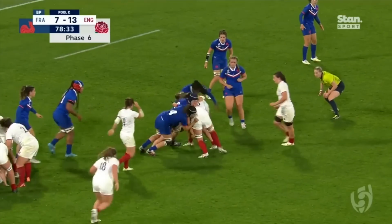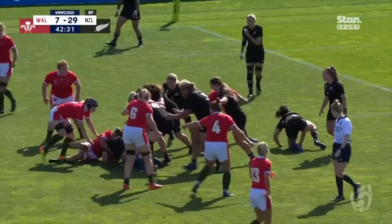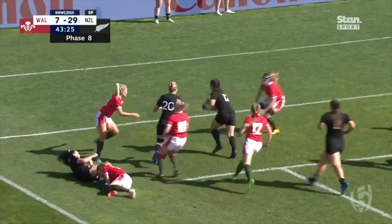Is England being knocked backwards 15 metres out from the try line a more significant try-scoring opportunity than the Black Ferns making metres off 5 carries in a row against Wales in their own half? I don't know the answer to that question. I don't know if there is one, but I do also know that only one of those resulted in a